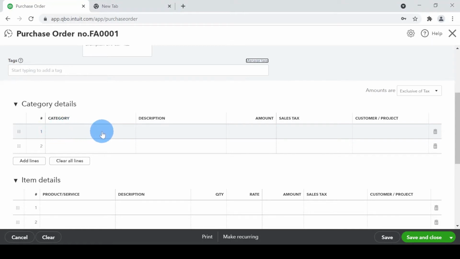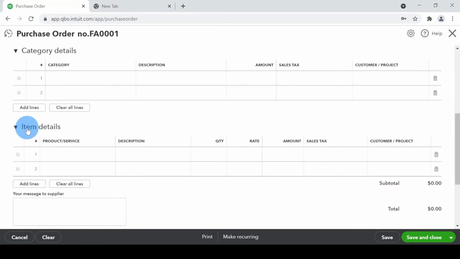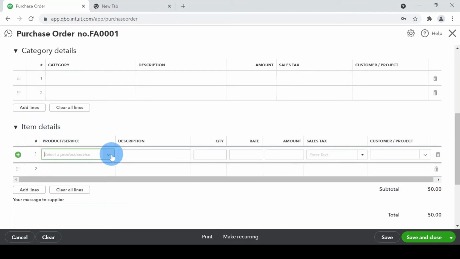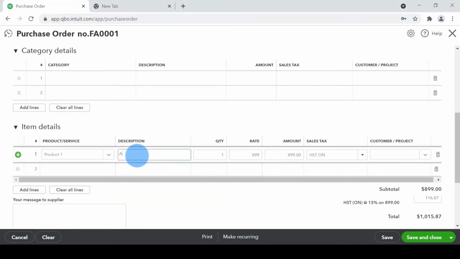You can put over here your expense and then put in the amount and the tax code and all those stuff. For this example, I wish to purchase the product from this particular vendor, so I will go over here, and let's say I want to order this product one, and product one is, let's say, I'm just going to mention over here advanced phones. I mean, you can give the name that you want, but let's say I'm just going to mention advanced phones,